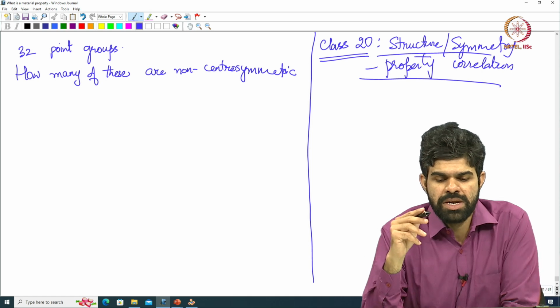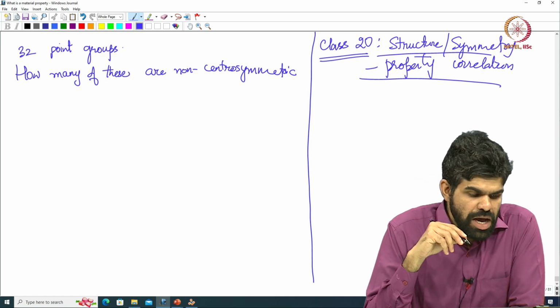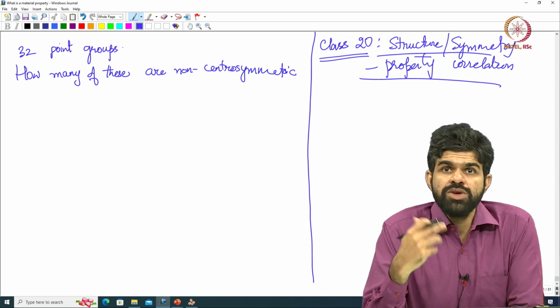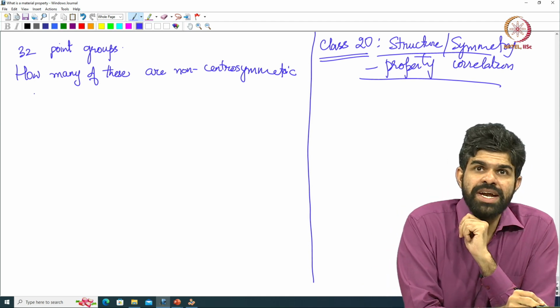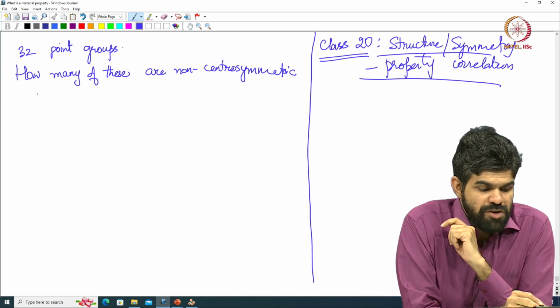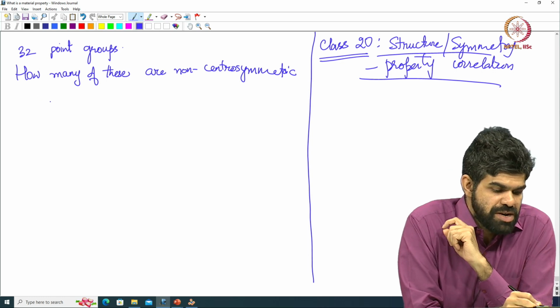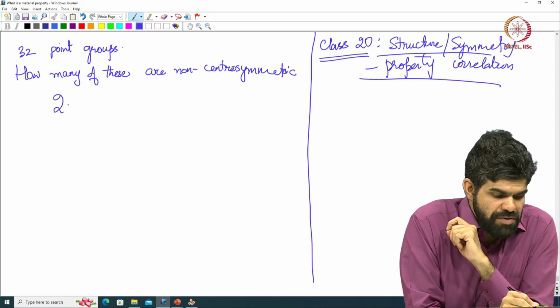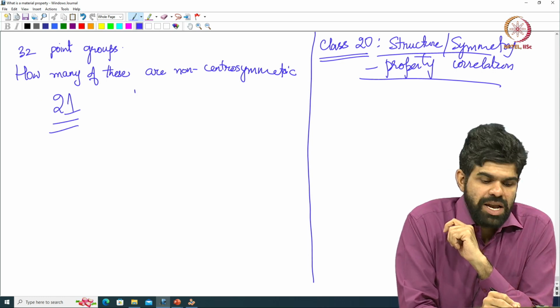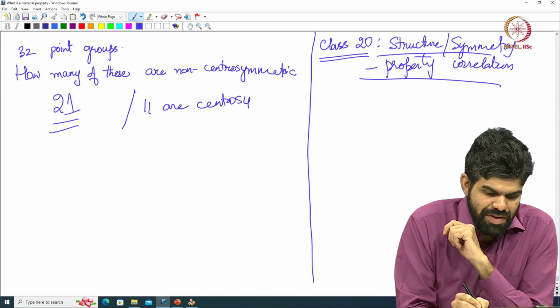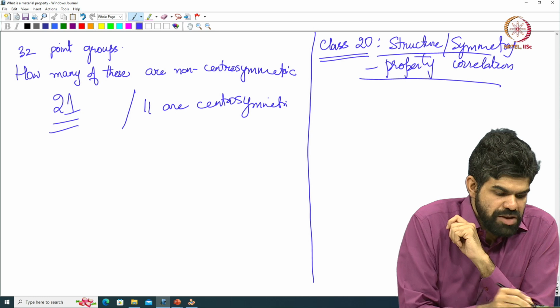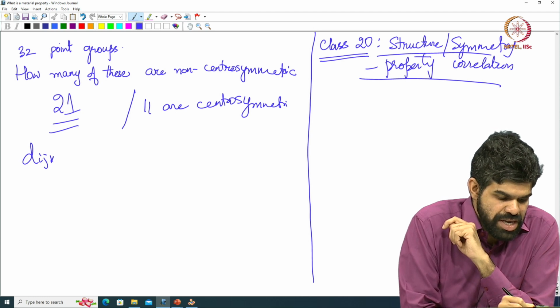In the upcoming classes, but to continue our discussion on what point groups are, we ended last class by asking how many of these point groups are non-centrosymmetric, and we answered that 21 of them are non-centrosymmetric and 11 of them are centrosymmetric. So, if I am looking at a third rank tensor like dijk,